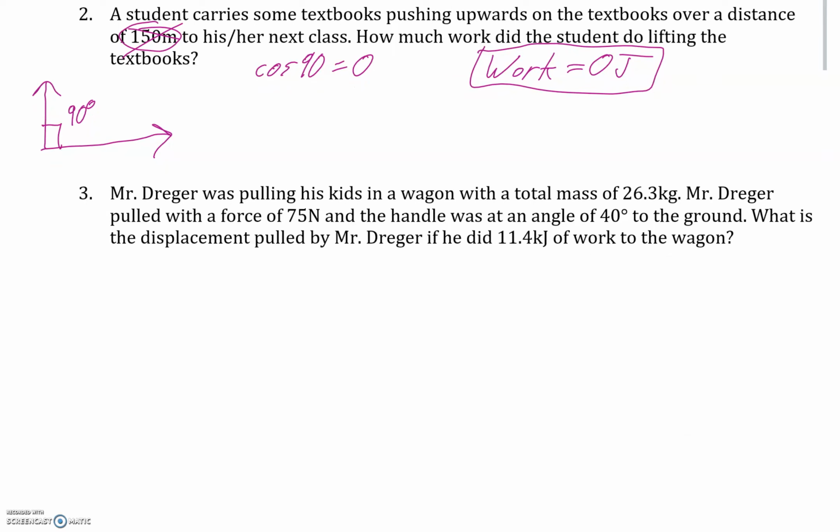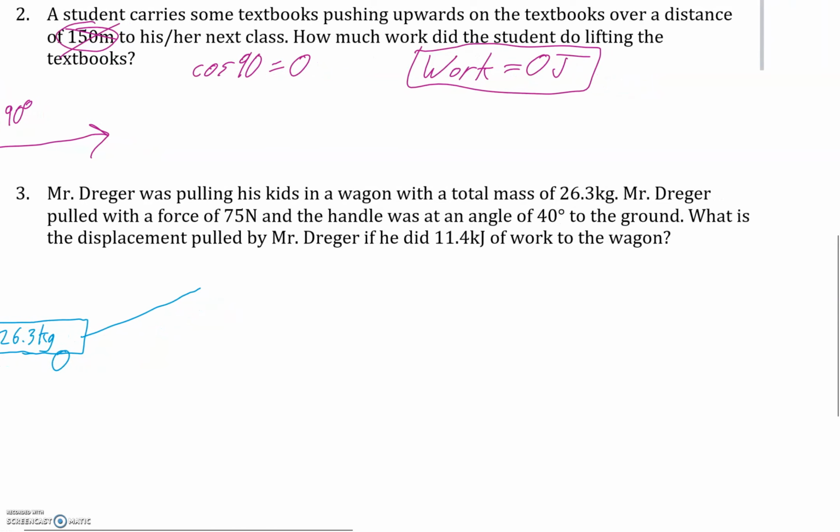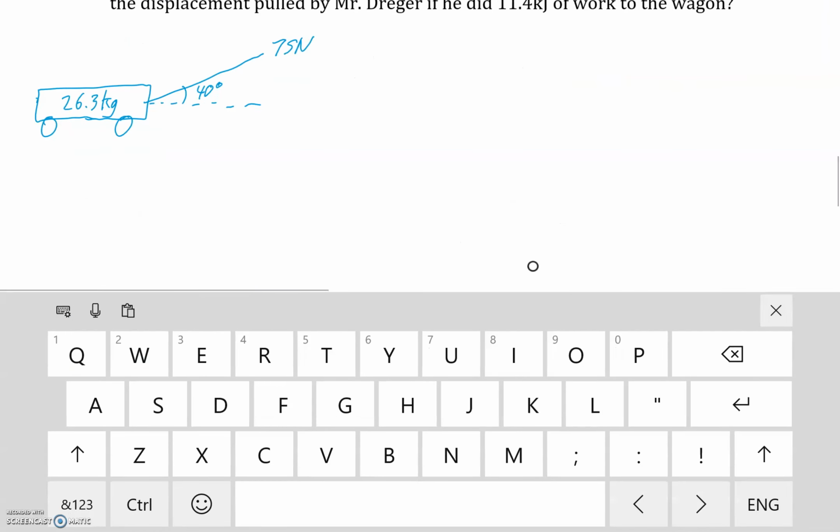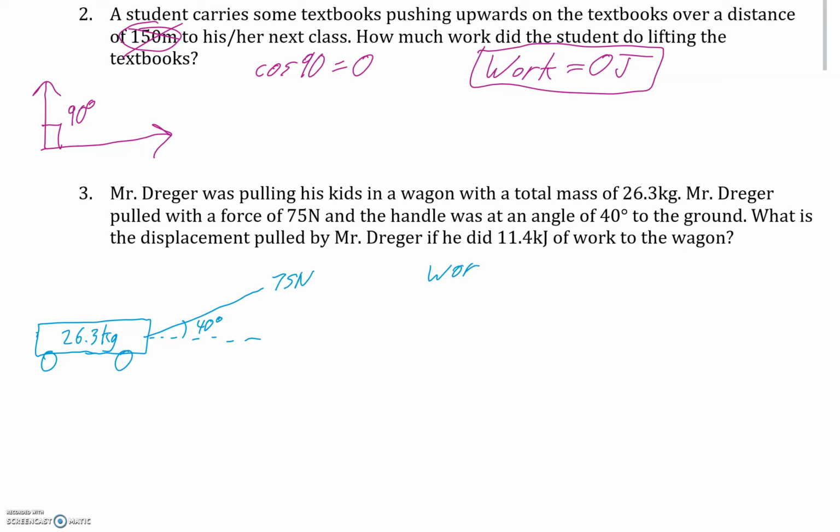All right, let's take a look at our last example here. Mr. Drager is pulling his kids in a wagon with a total mass of 26.3 kilograms. Here's my beautiful wagon. He's pulling with the force of 75 newtons, and the handle's at an angle to the ground of 40 degrees. So I'm pulling with the force of 75 newtons, and we've got that degree. And we know that the work done is 11.4 kilojoules,